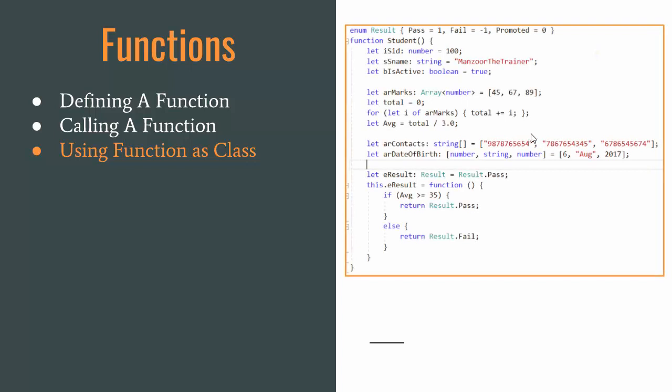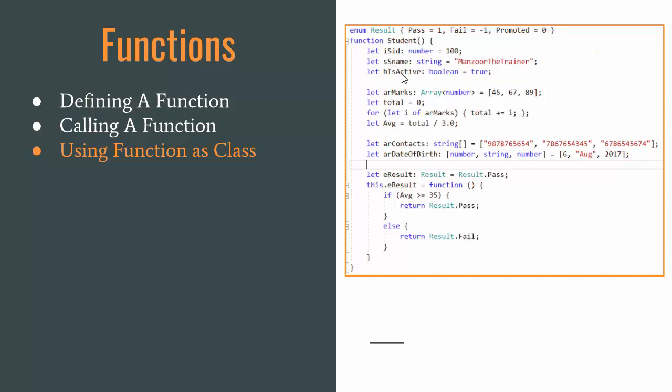So here I have a function called student. Above the function I am declaring an enum, result, which is global. Any function can use the result type and declare a variable for result. So I have let SID, student ID, as number, and I'm initializing it to 100. I can initialize the variable where I declare it. This is another approach of initializing the variable, or I can do it in the next line as well, or in the same line where I declare